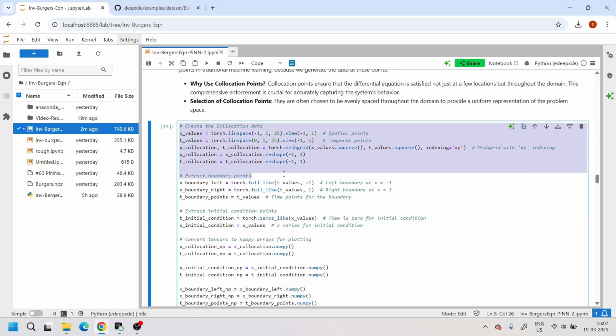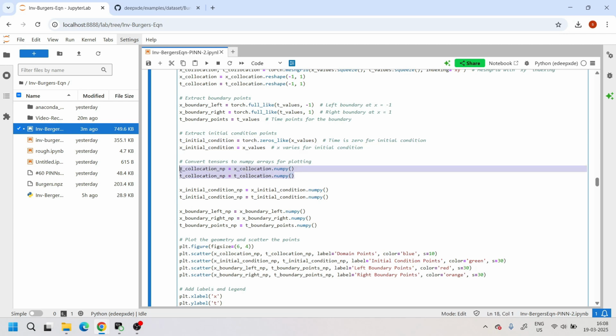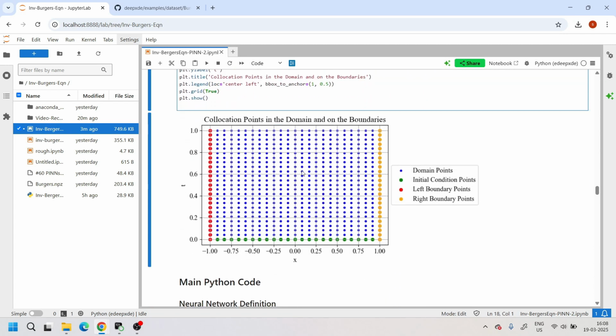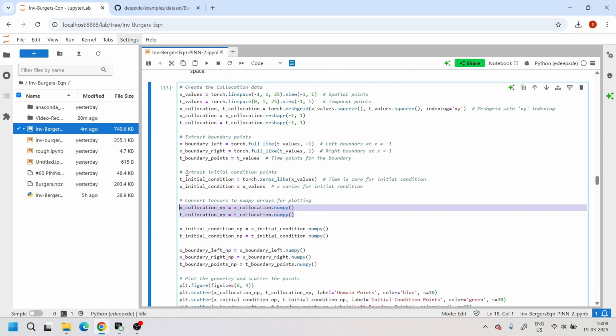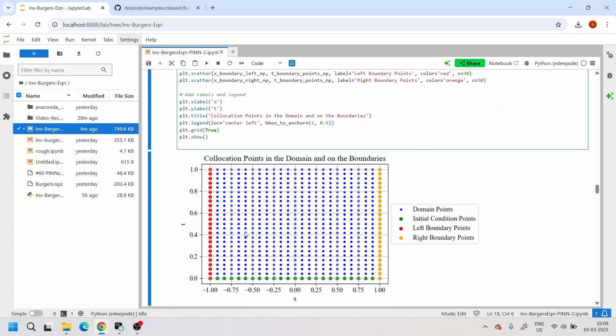new. Here I am initializing the collocation points. Here I am converting the collocation points into numpy arrays because these are good for plotting. So just for the sake of this plotting purpose, I am converting these tensors into numpy arrays. So here, if you look, these blue points represent the domain points, green points represent the initial condition points, and this red and this orange points represent the boundary condition points at the left and the right boundary